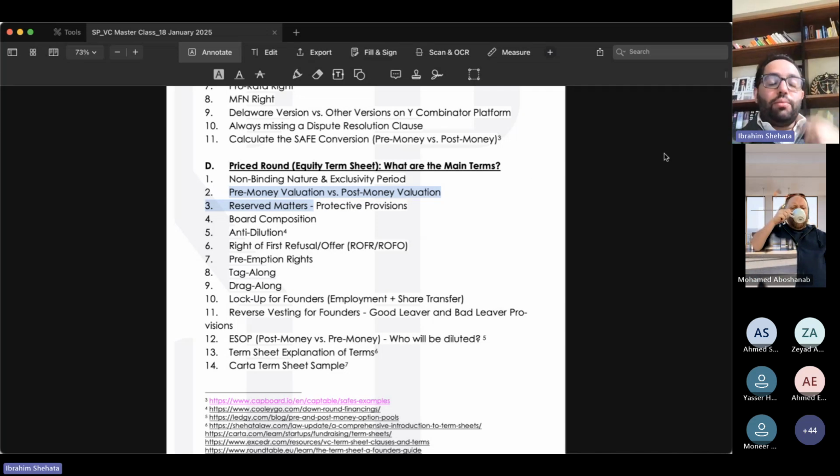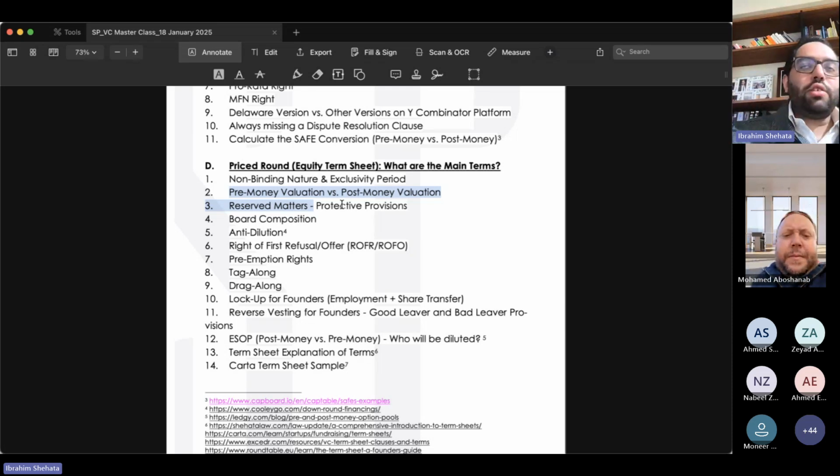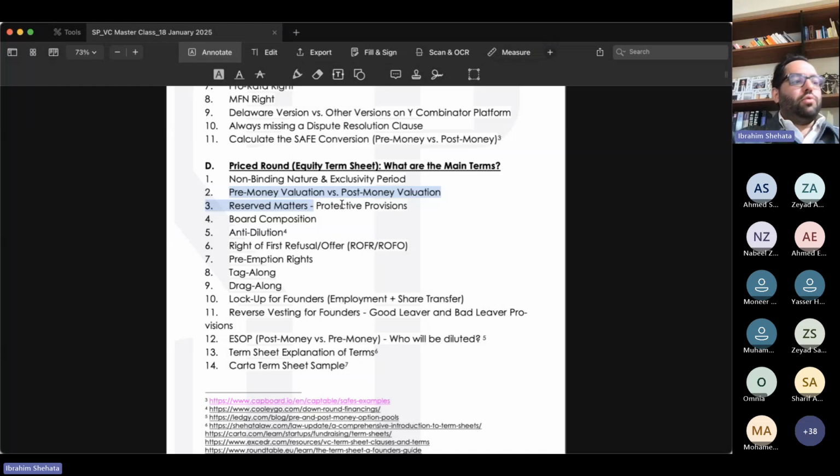So, pre-money valuation and post-money valuation. When you say I'm raising $100,000 at $1 million pre-money valuation, this means that you will not divide the 100,000 by the 1 million. This means that you will add them up, 100,000 plus 1 million. You will get to the post-money valuation, and then you will divide the investment amount by the post-money valuation, not the pre-money valuation. So $100,000 is not equal to 10%. If you calculate it right,